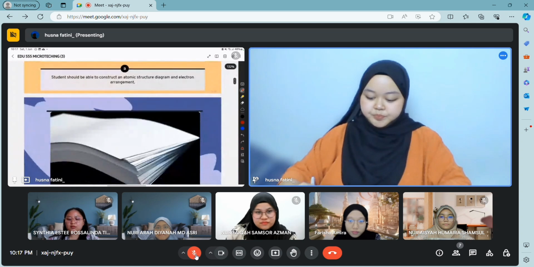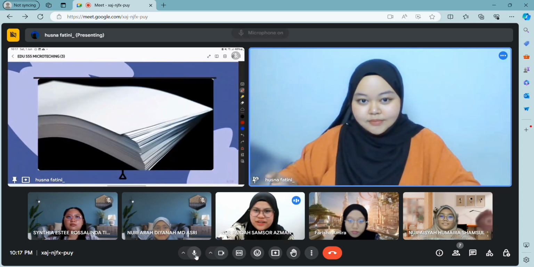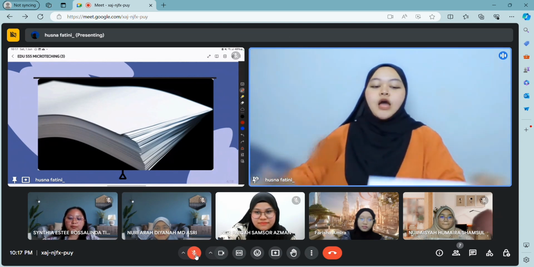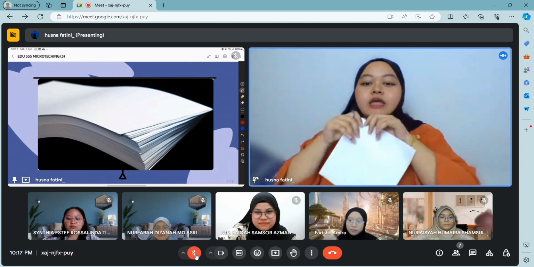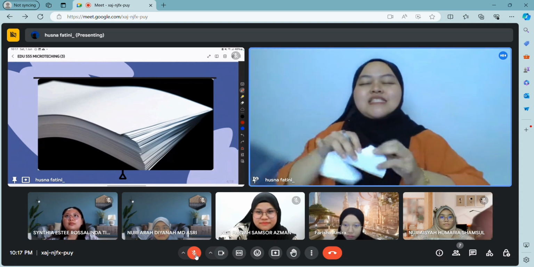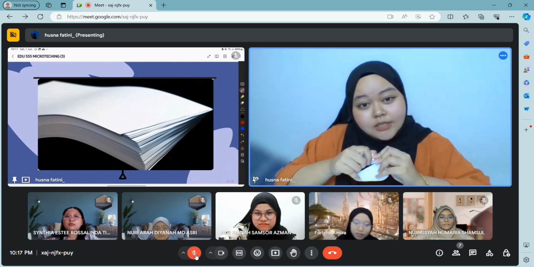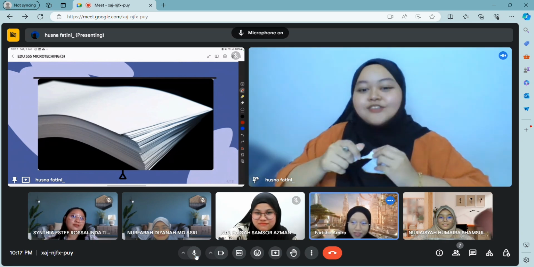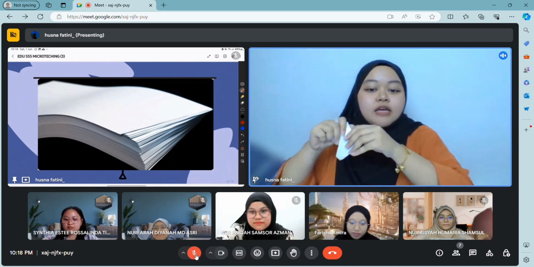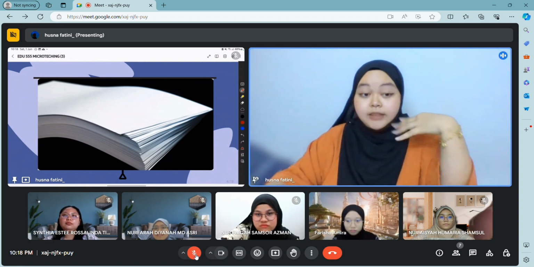Okay, now, what can you guys see from this slide? Paper. Okay, actually it is a bunch of paper. So now I want you guys to imagine this paper. Imagine if I could tear apart this paper into smaller and smaller pieces. Could you keep doing this forever? No, right? Okay, because this thing has a limit actually, because we will reach the indivisibility of a tiny particle that we call